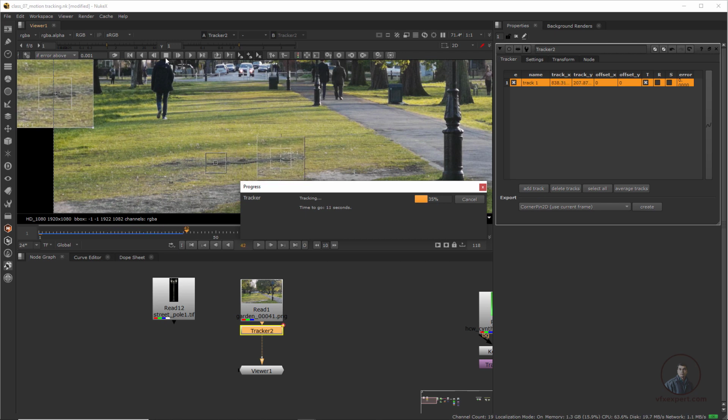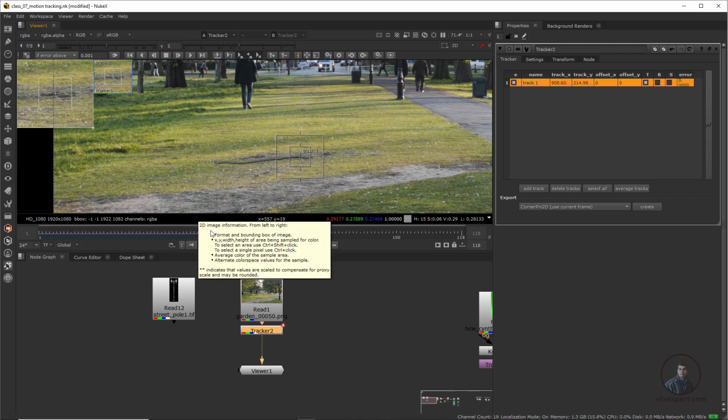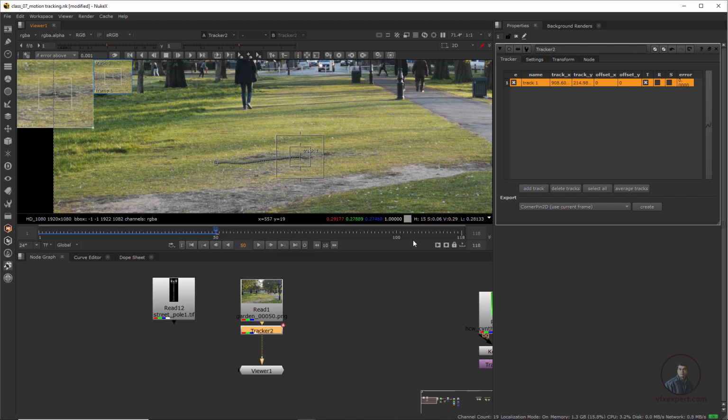If you want to stop your tracking, then simply click on stop. Again, if you want to continue, simply click continue, and with the help of this option you can track frame by frame. According to your requirement you can use all these options. Now again simply click track to end. This will track your shot from the playhead to the end.